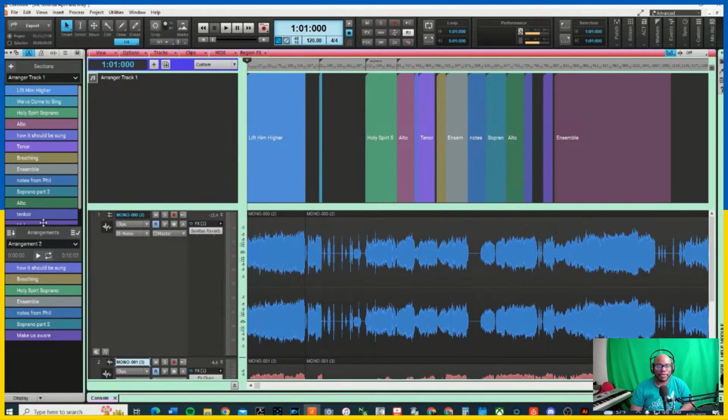So I have a few songs on here, different parts, and what I'm doing is basically using the arranger sections to create sections for different parts. Like this song is called Holy Spirit. The soprano parts are there, the alto parts there, tenor parts here. And what I'm doing is just dragging and dropping those to the arrangement side. That will allow me to create separate arrangements. Now you actually can apply the arrangement to the project, and it'll bring up the arrangement, and you won't lose everything that you have, but